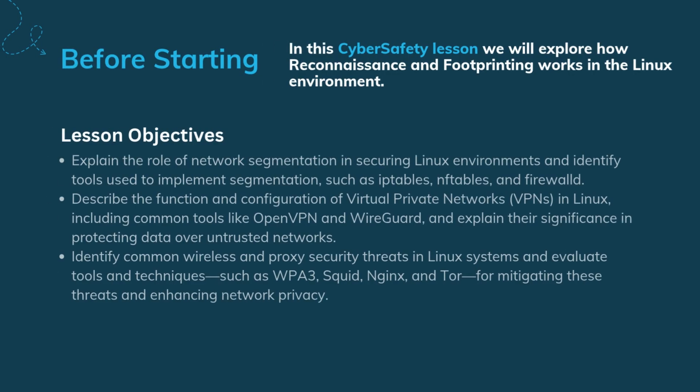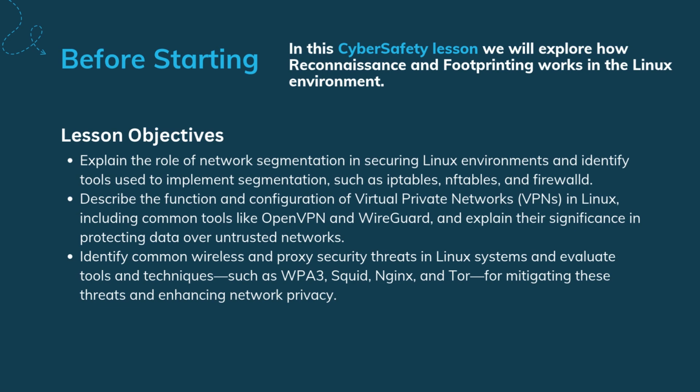Here's what we're setting out to accomplish. First, we'll explore how breaking a network into segments using tools like iptables and firewalls helps stop attacks from spreading. Next, we'll dive into VPNs, those secure tunnels that keep your data hidden even over public Wi-Fi. And finally, we'll check out common security risks tied to wireless networks and proxies. And we'll go over tools like Tor, Nginx, and Squid that can make your network far more private and resilient